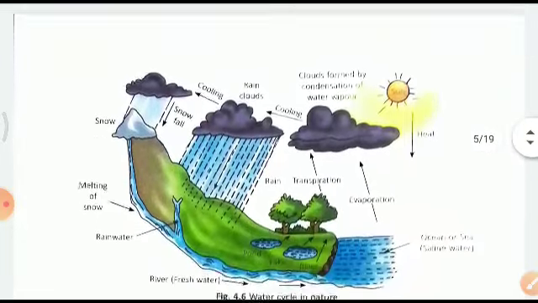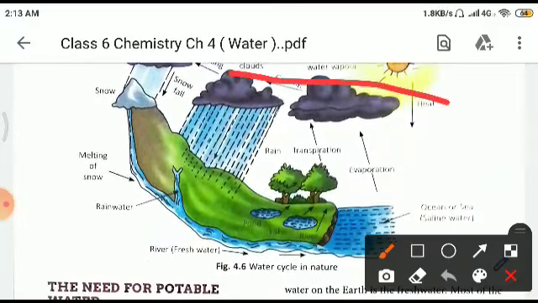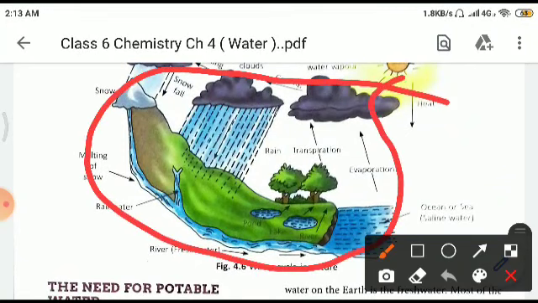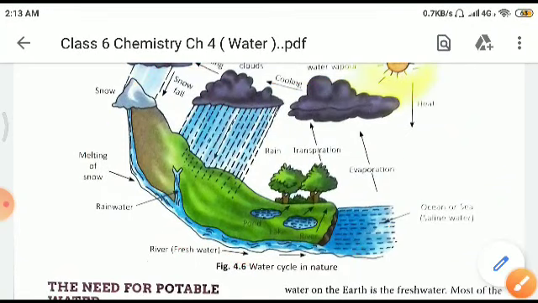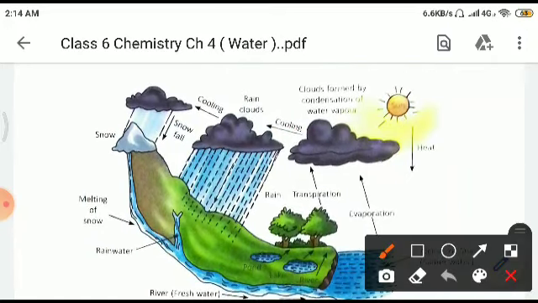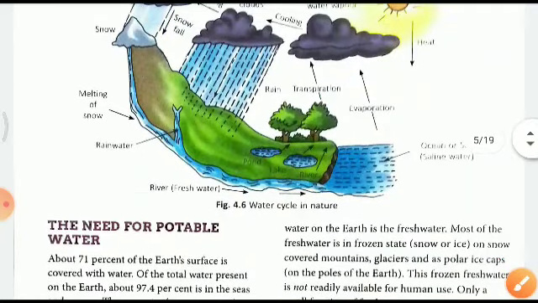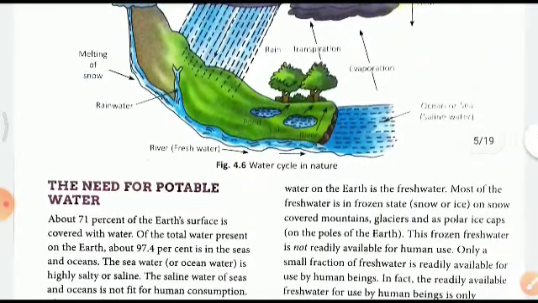See, this is a beautiful diagram of the water cycle, children. You can see things happening here and there. You can see the arrows, through which these two phenomena, transpiration and evaporation, are shown. The water is going up. From there, by cooling, it comes down in the form of rain or snowfall, and ultimately reaches the sea.